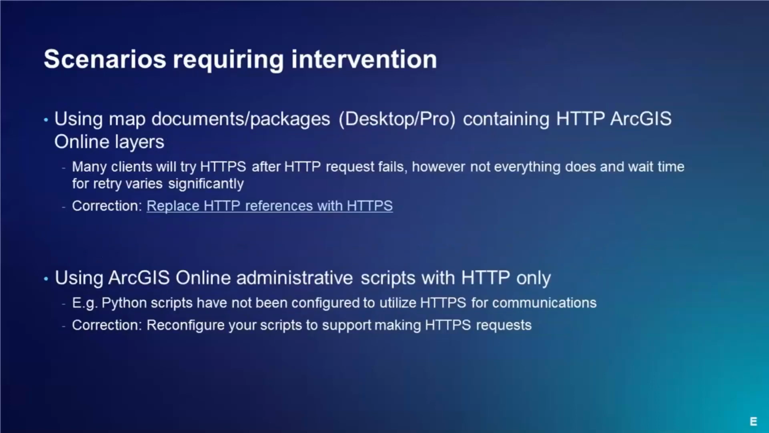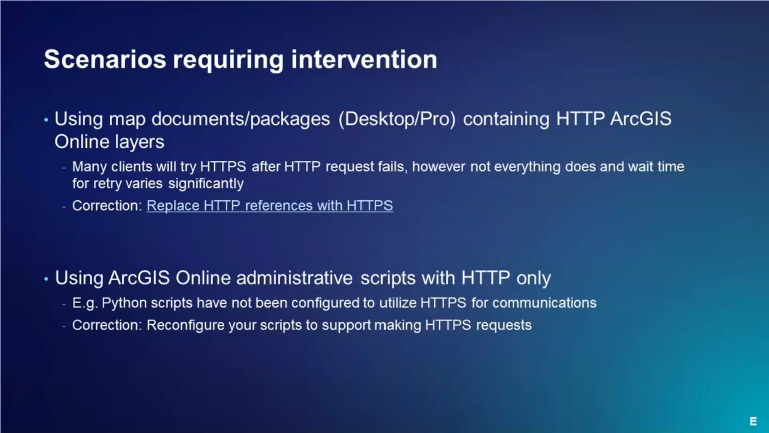Let's also consider a few other scenarios that would require intervention. You may have ArcMap or ArcGIS Pro documents like map packages that connect to ArcGIS Online layers as HTTP. ArcMap and ArcGIS Pro will try HTTPS after an HTTP request fails, but keep in mind that there's a retry time and that could vary, which could then cause delays. So if you're connecting to ArcGIS Online with ArcMap or Pro, use the help link to change your connection to